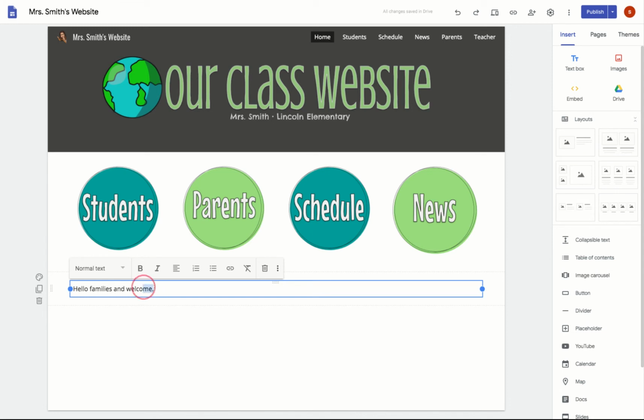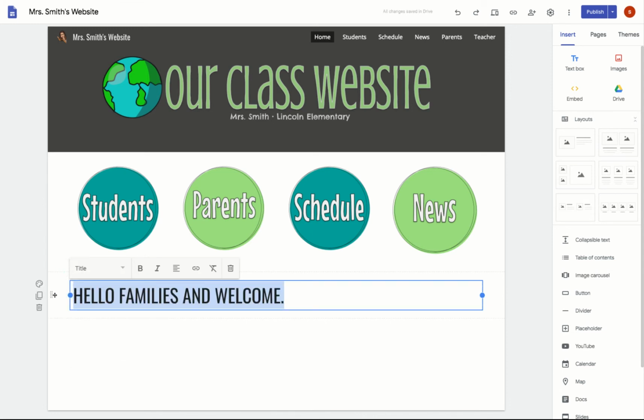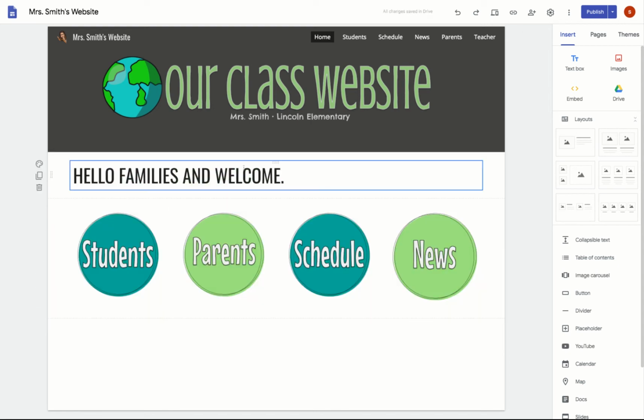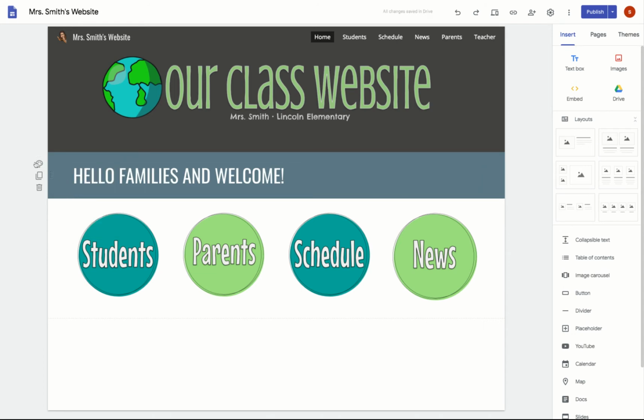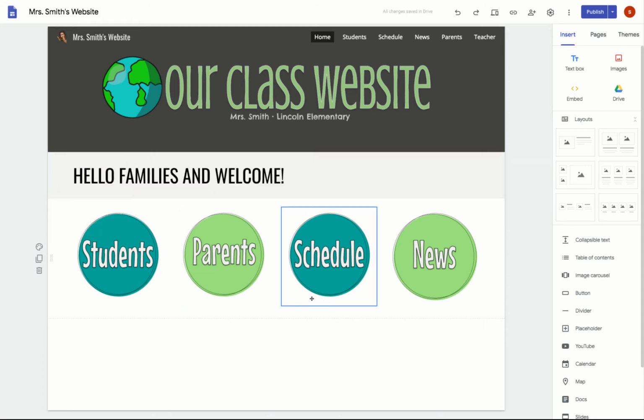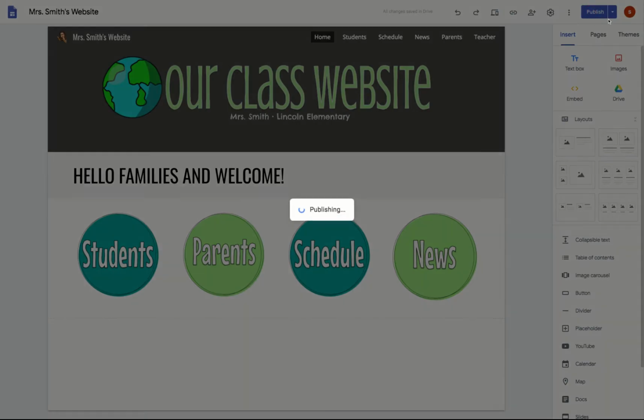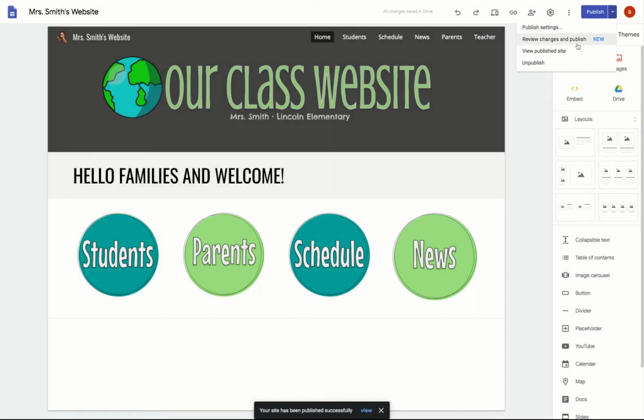Again, you can maybe change the text if you wanted it to be bigger. If you want to drag and drop it, remember you have those settings right there. You can also go ahead and use that palette to change the emphasis if you want it to be light gray, if you want it to be a darker emphasis color, depending on how you want it to look. Now, if I hit publish and I view that published website,